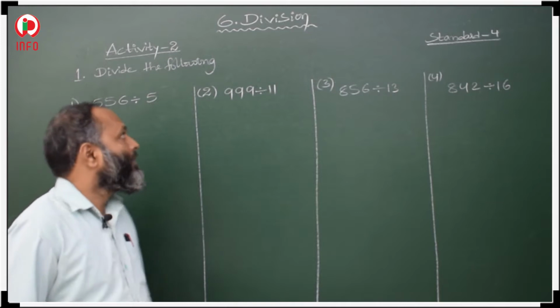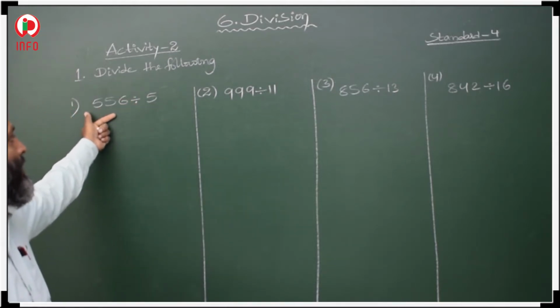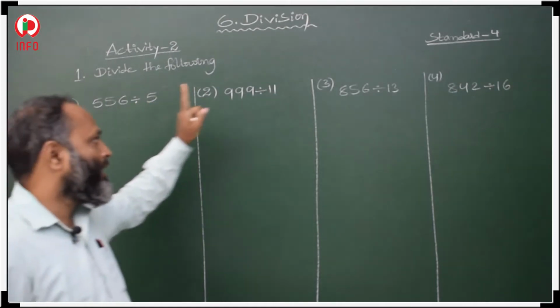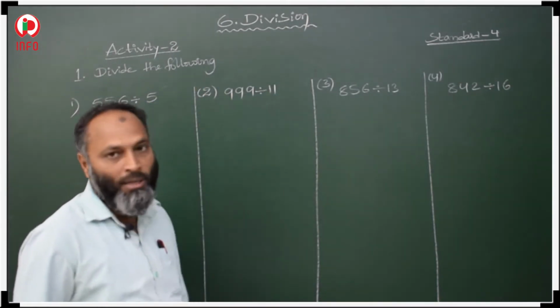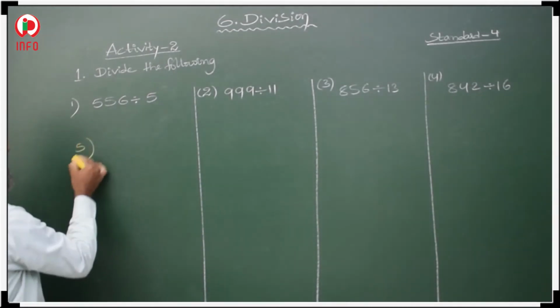Now see here, students, divide the following. These 3-digit numbers are given. These 3-digit numbers we have to divide with a single digit or double digit. So then how to divide? First, 5 divides